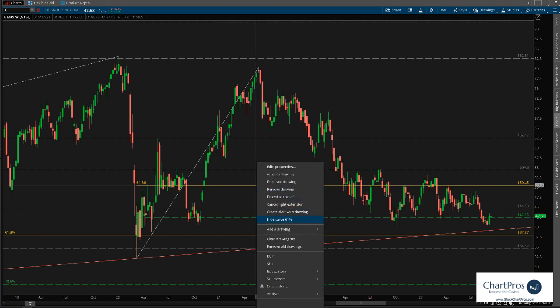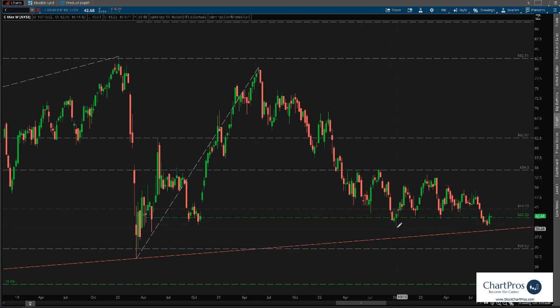We'll turn this one off since it was already breached, and lo and behold, we got a retracement right here to the 78. So far this fib is holding. It's come down, tested it again. It's come down and broken down below it. So typically what I'll do at this point is I'll turn that fib off, but what I'll do is